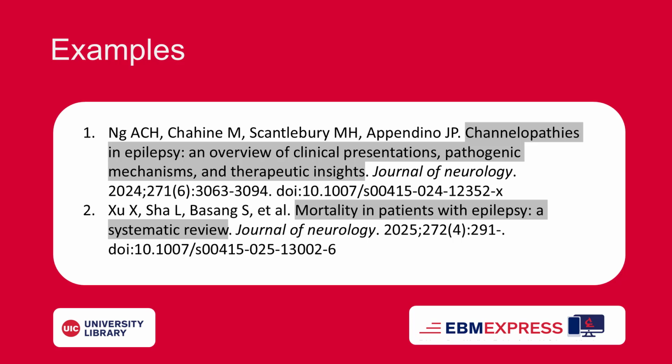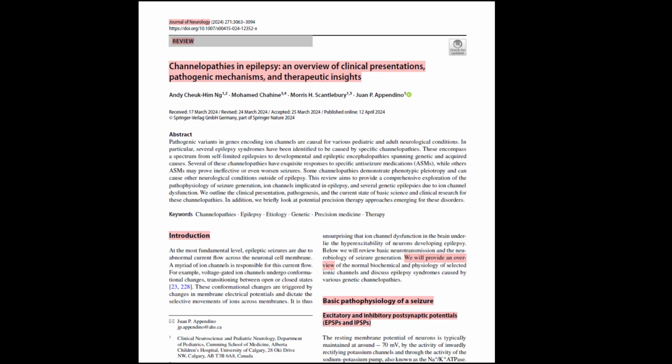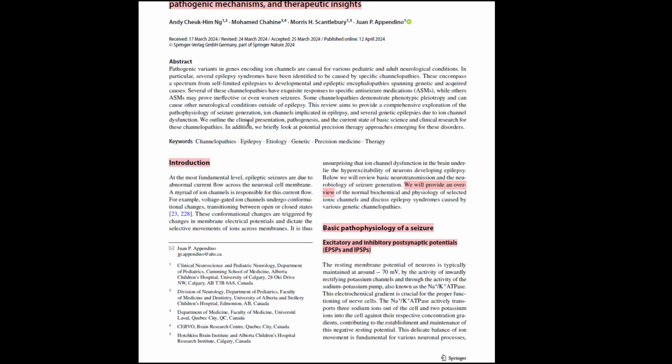Let's look at some examples, both from the Journal of Neurology and both labeled review. First, channelopathies in epilepsy, an overview of clinical presentations, pathogenic mechanisms, and therapeutic insights. This is the first page of the article, which is from the Journal of Neurology, and it is labeled a review. But you'll notice that both in the title and in the introduction, the authors refer to it as an overview. As we scroll through the article,